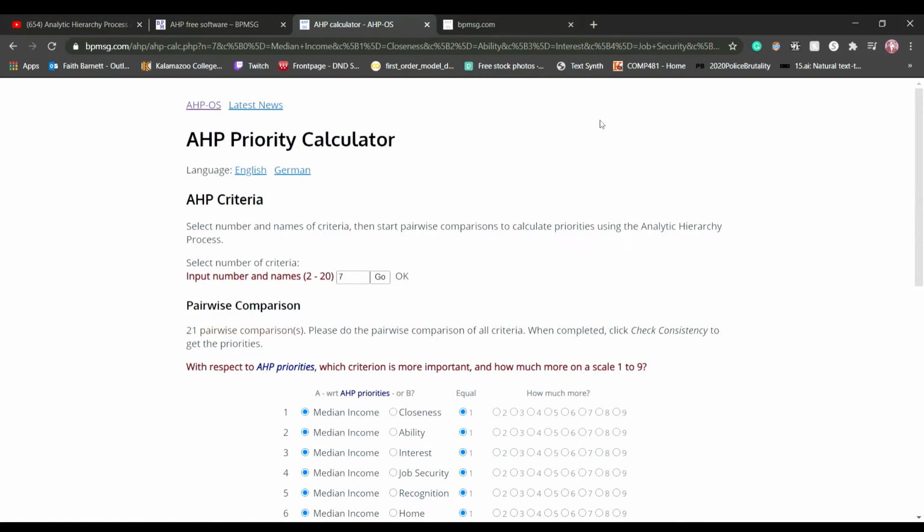Hello, and I am going to be doing an example of AHP priorities today. So AHP is Analytical Hierarchy Process, and I found this tool online that will hopefully help me explain sort of